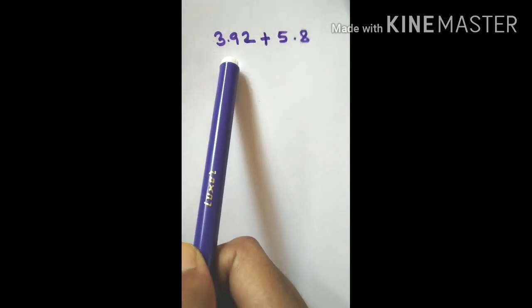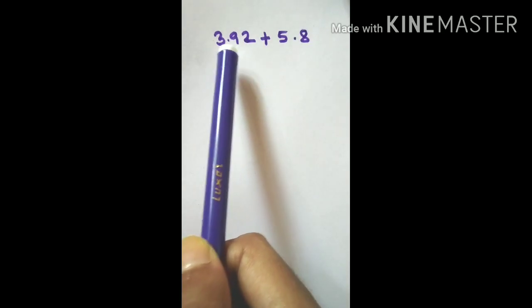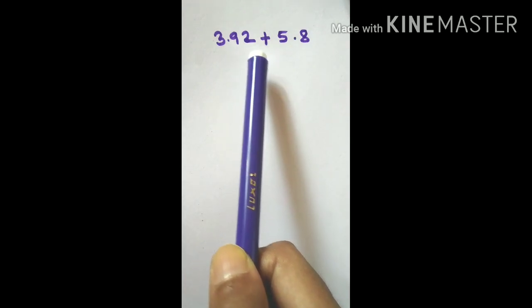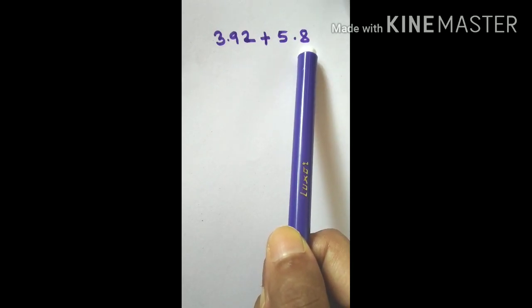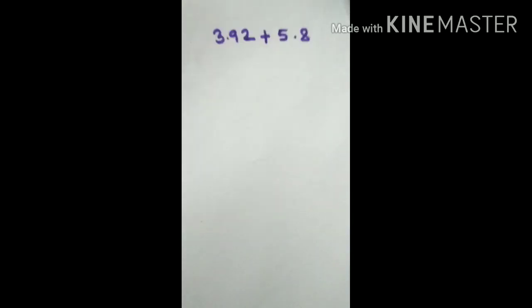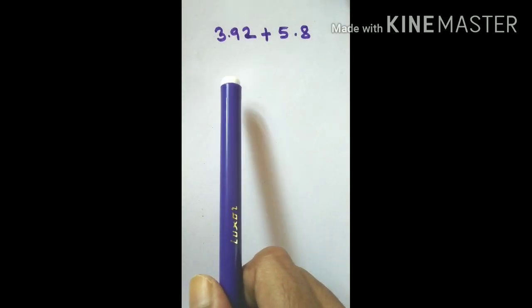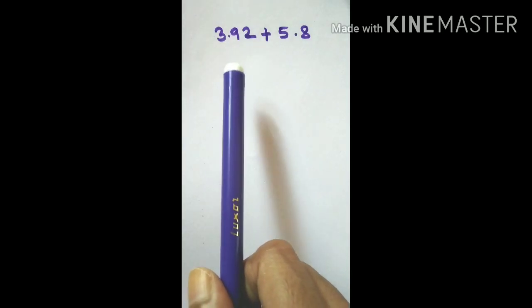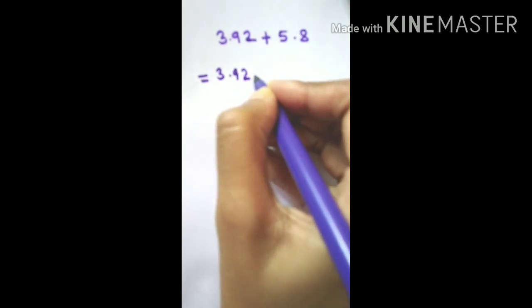Students, 3.92 has 2 decimal places. That is, there are 2 digits after the decimal point. Whereas 5.8 has 1 decimal place. That is, there is only 1 digit after the decimal point. Now if we compare the highest number of decimal places between these 2 decimal numbers, then the highest number of decimal places is 2. So, in the next step, we will